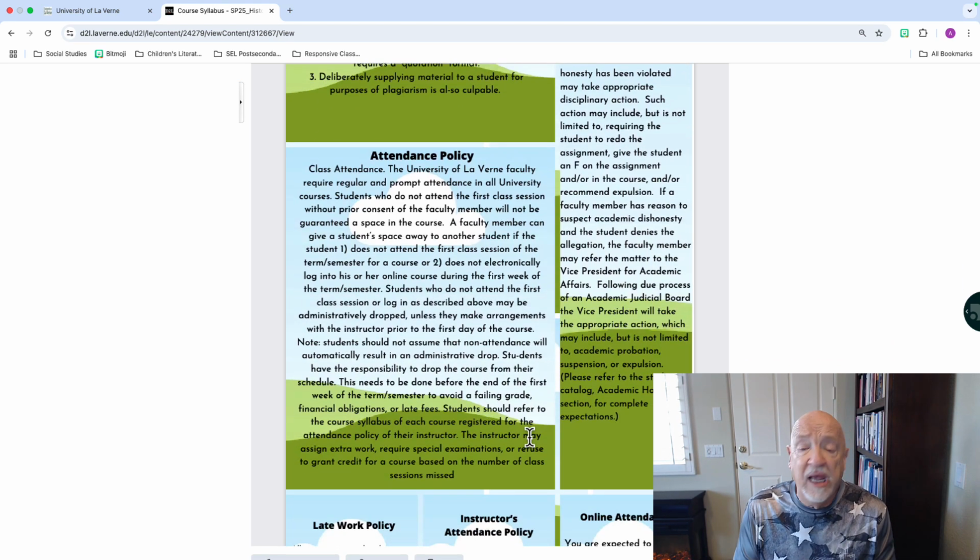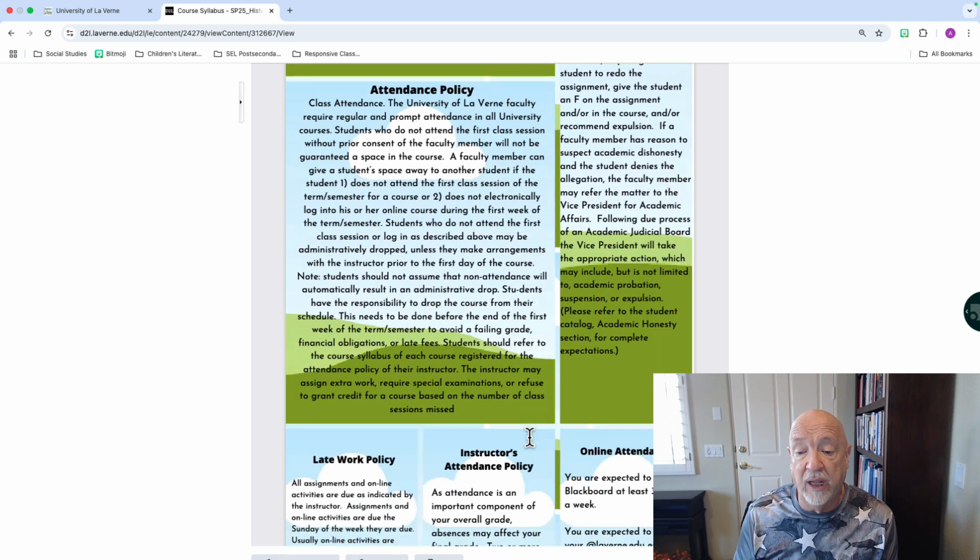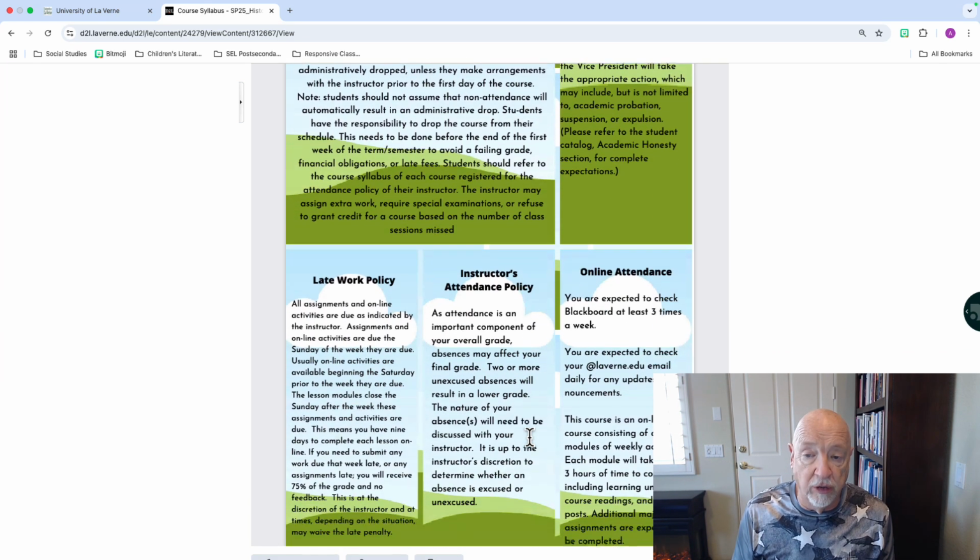Your attendance policy is that every week I expect you to complete the work by a certain time. The work that you complete each week is 9 days. It will open on Friday at 11:59. You have the following weekend, the whole week, and you have the next weekend. Now, in that next weekend, your next week starts. So there will be a little overlap, but I think you can handle it. So finish up the week and you can start the new week as soon as it appears in your D2L